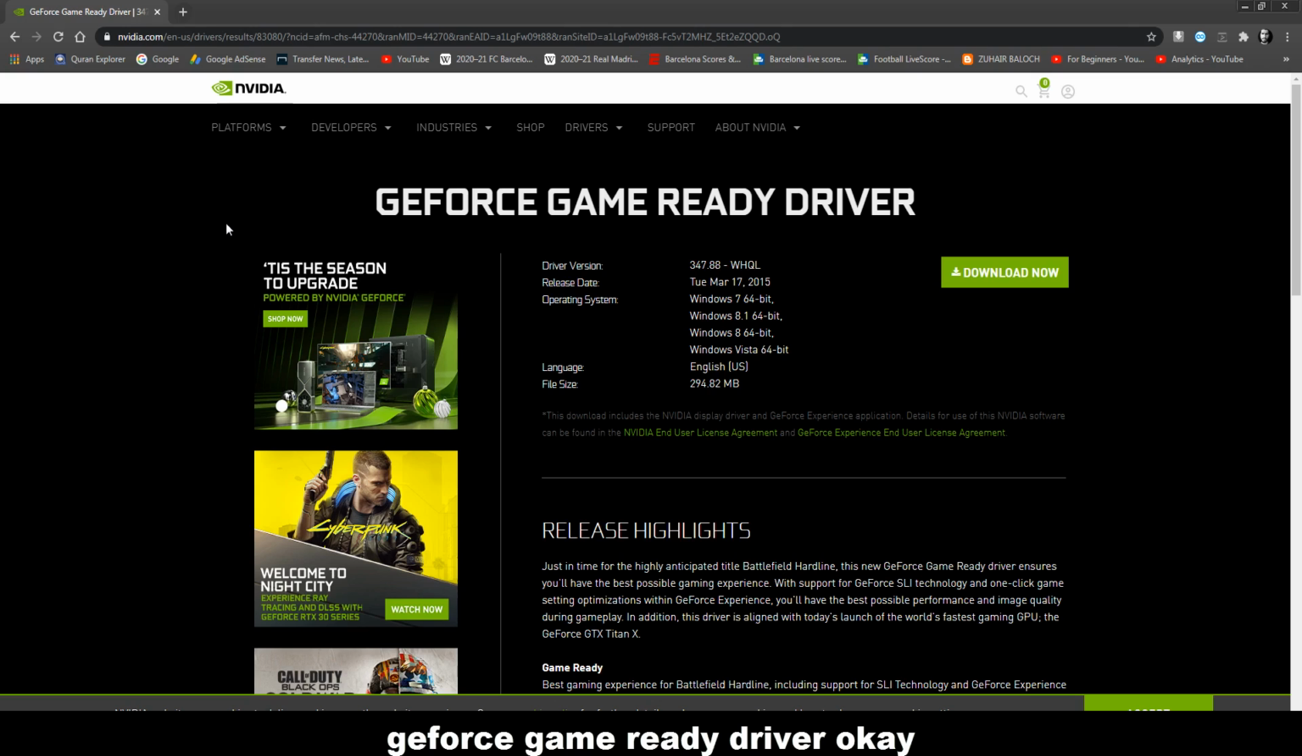GeForce Game Ready Driver. So here is the driver version, and the release date is 2015. As you can see, my card is very old. The operating system is Windows 7, 8, 8.1, Windows Vista, all 64-bit. The file size is 294